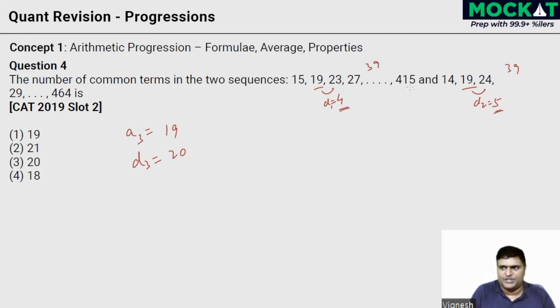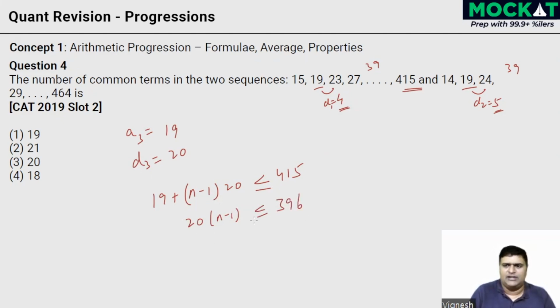415 or 464, which is smaller? 415 is smaller, right? 19 plus (n minus 1) into 20. A plus (n minus 1) d is my nth term. That nth term should be less than or equal to 415. Let's see what we're getting. 20 into (n minus 1) is less than or equal to, taking the 19 there, it's going to be